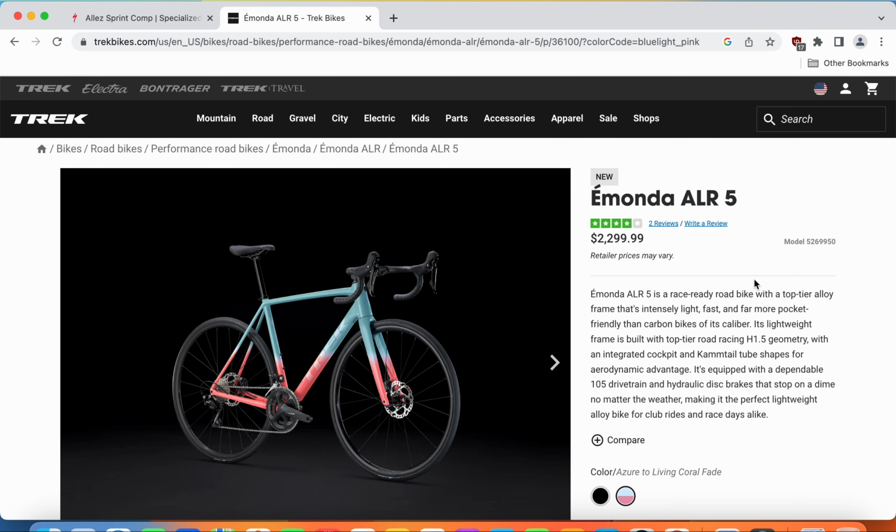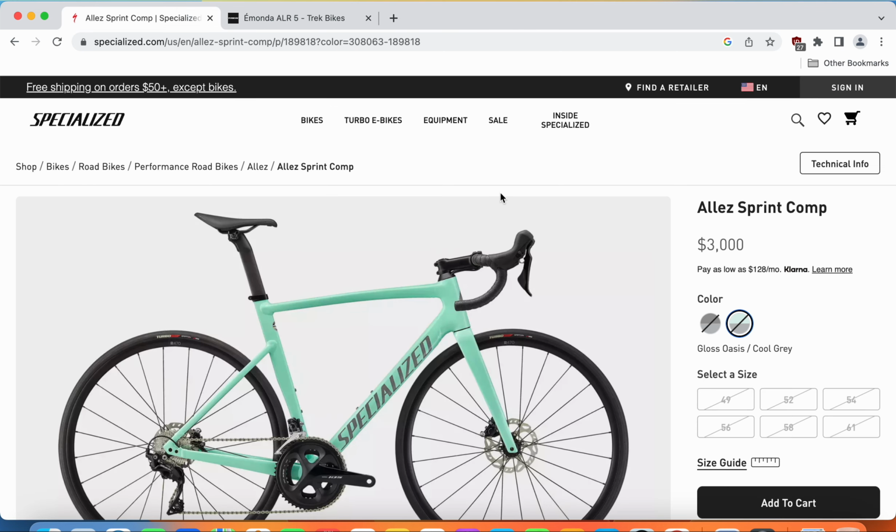So if you want an aluminum bike, then definitely I have to recommend you go for the Trek Emonda ALR and just shortlist or consider the Specialized Allez Sprint Comp bike. If Specialized would drop the price of this bike to something like $2,500 US, then it would be real competition between this Specialized and the Trek. In this case, in my opinion, the Trek Emonda ALR is just better value for money with the